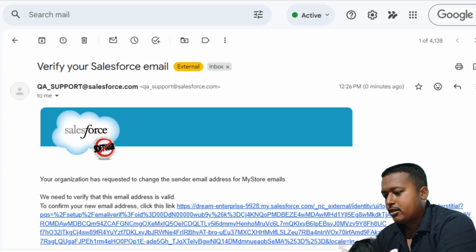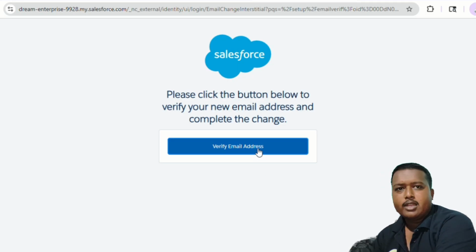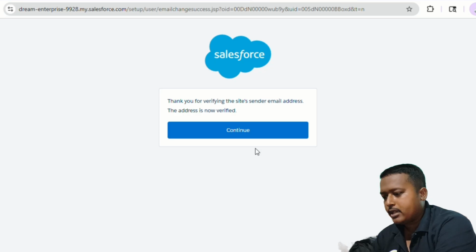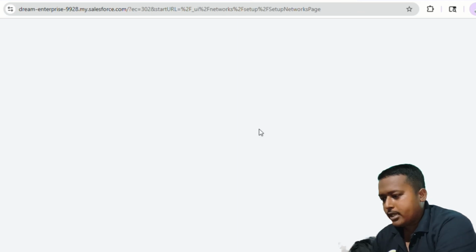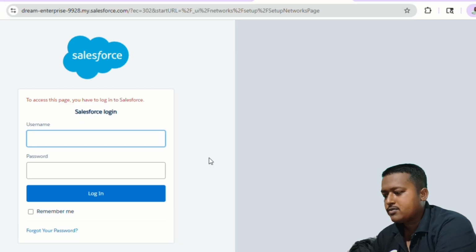As you can see, in my email I have got the notification, and I need to click on this link. Once I click on this link, my email will be verified. As you can see, the verify email address option is there. After that I need to click continue, and then I will get the login page of Salesforce.